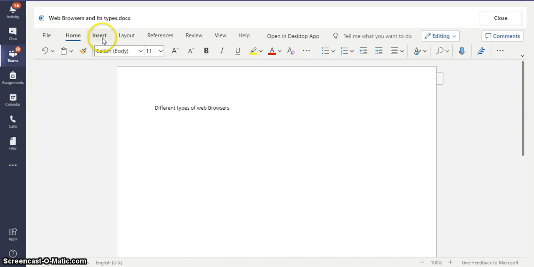You can insert images also, or you can edit this also, or if you want you can copy and paste images also after typing, and you can use all these options for formatting and all.